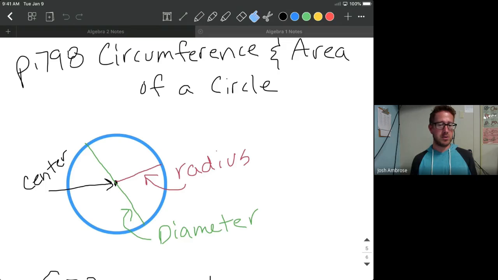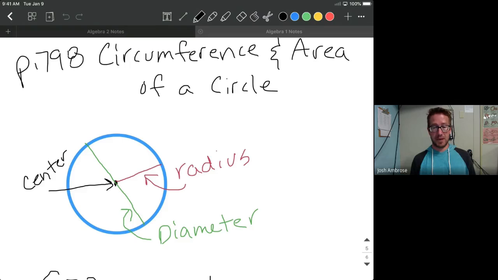All right, we got our circle drawn out here, and these are probably the three most important terms that you just need to make sure you understand for this section, okay? So we have our circle here. You got a dot right in the center. That is the center. The center is important because it is the point that you either go directly to when you're talking about the radius, or it is the point that you go directly through if you're talking about